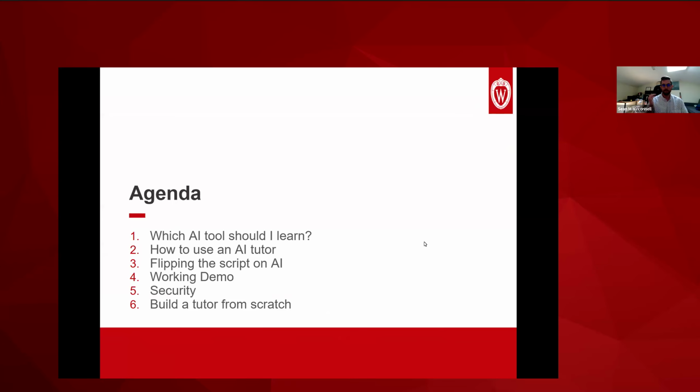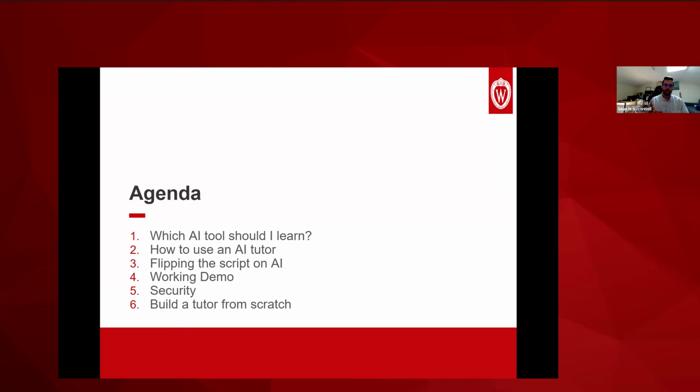On the agenda, we'll talk about which AI tools I should learn. I've heard from a lot of people that it's difficult right now trying to figure out what's the best tool to learn. There's a little bit of fear of specializing in one and then it gets canceled, like Gemini CLI was, or like Claude Code, where they've been raising a lot of the prices recently. So we'll talk about which tools to learn and how best to invest your time that way. And then I'll show how I'm using an AI tutor, and then